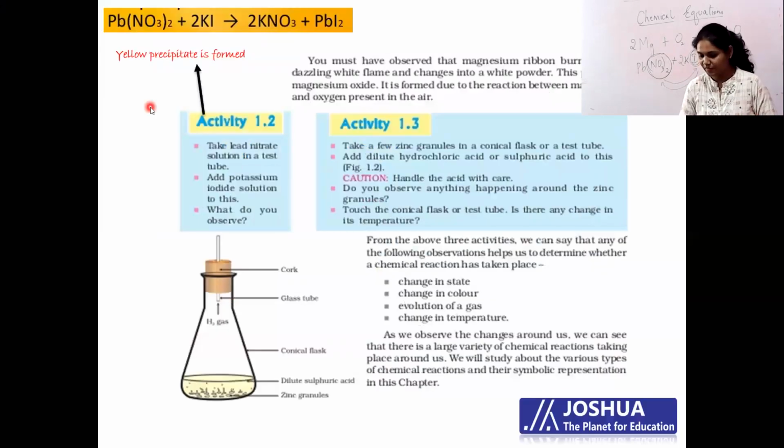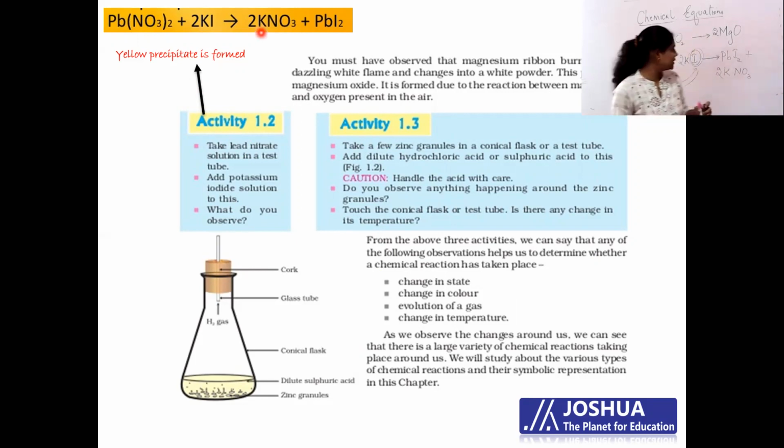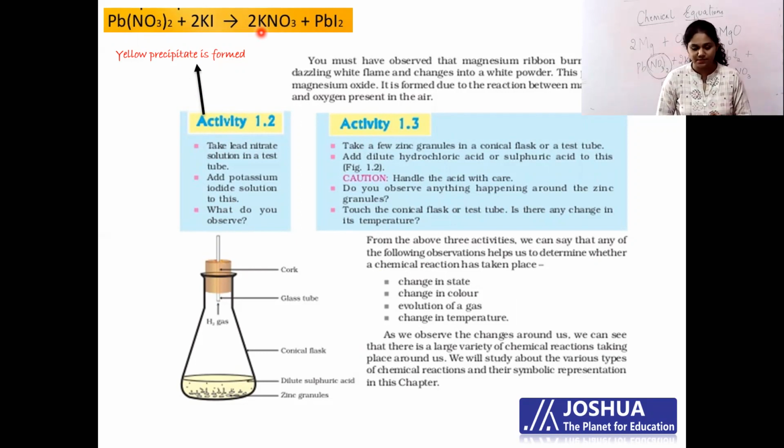Check this here. So above activity 1.2, you will just write what you understood. So you got a yellow PPT. So yellow PPT is obtained or yellow PPT is formed. That is the observation. And what is the chemical reaction or what is the chemical equation? It's written above here. Pb(NO3)2 plus 2KI gives 2KNO3 plus PbI2. That is the equation that I've written on the board also. Hope you have understood these two activities. Now, before we go on to the next activity,